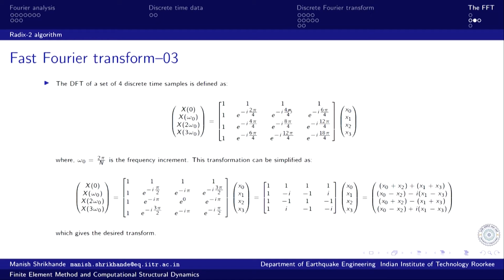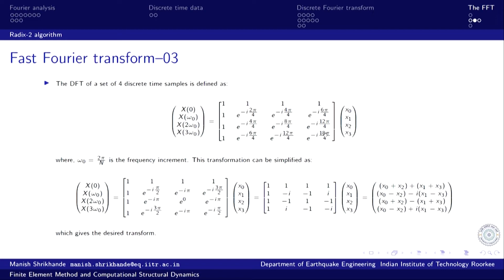So, the first thing that we see here is that these are of course complex exponentials and they appear as a product of k and n. In this particular case it becomes a product of n and k, both 3, so that becomes 9 multiplied by 2 pi. So, it becomes 18 pi by 4, where 4 is the number of data points N. Now, for this 18 pi by 4, I will just take this last sample here. So, this exponent is e raised to the power minus i 18 pi by 4.